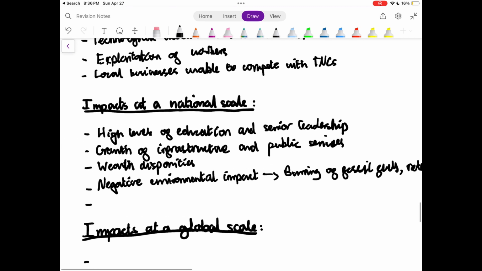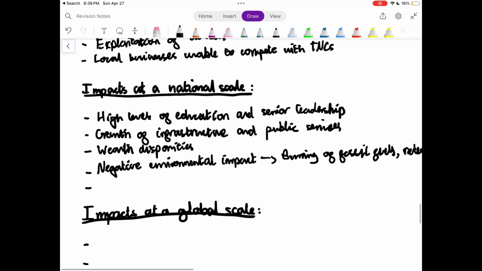And finally, the last impact it has is that there's a pressure on housing near factories, and this is because due to the higher proportion of the population working in secondary sectors, they would need to have homes to live in near their workplaces, which are factories, and therefore there's pressure on the housing